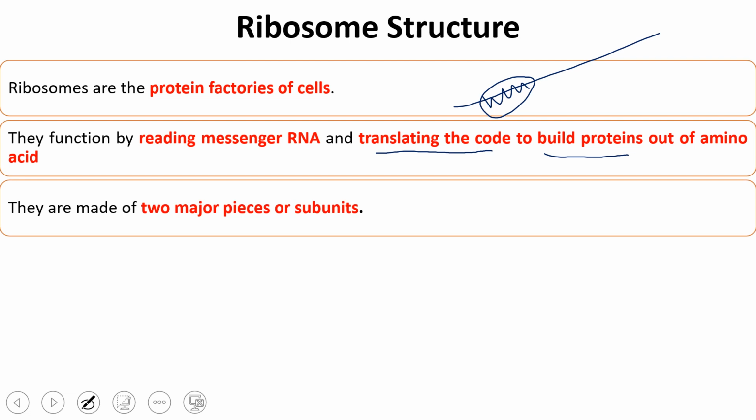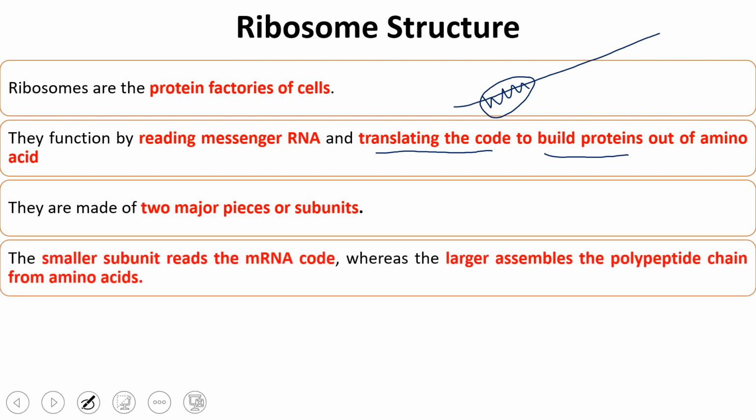Ribosomes are normally composed of two components, two subunits. We are going to call them the large subunit and the small subunit. The main function of the small subunit is to read the mRNA codes. Remember this one. This may be one of the questions: which subunit of the ribosome is going to read the mRNA, the large subunit or the small subunit? The messenger RNA code will be read by the smaller subunit of ribosomes.